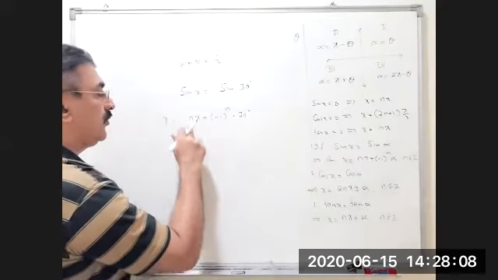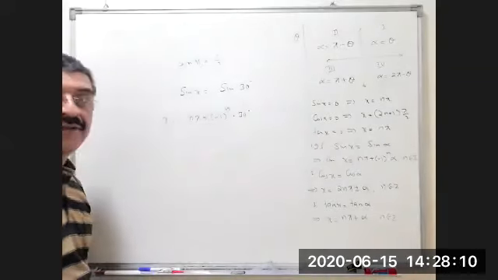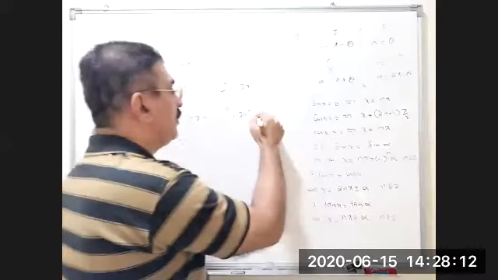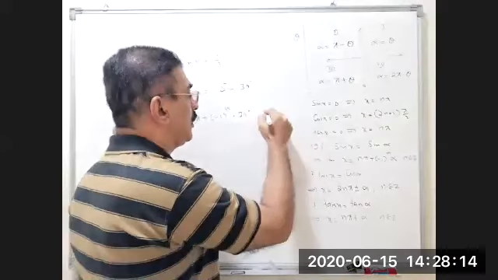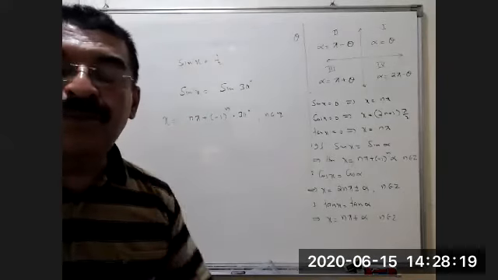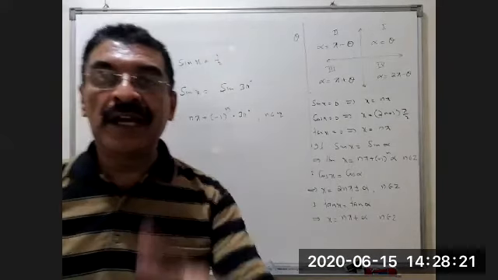N pi means pi is 180. Now, this is the general solution. N belongs to Z. In this one, when we put n is equal to